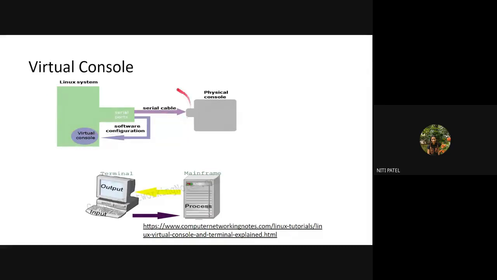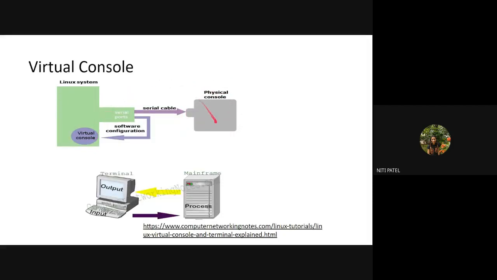But to make this happen, I have installed some kind of software. I just gave you the example of software like AnyDesk and TeamViewer. If you do not have these two software, can you do that sharing? No. So you also have to install some kind of software. That software is installed on the system, which enables it to transmit the input, complete the processing, and receive the output and observe that output. So this system is considered to be a virtual system or a virtual console, and this system is considered to be the physical console.